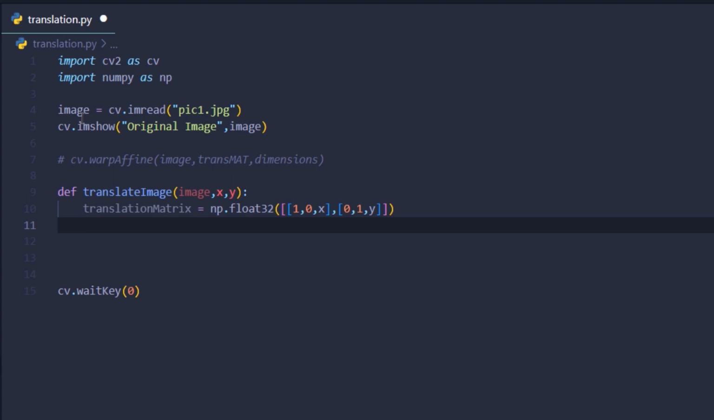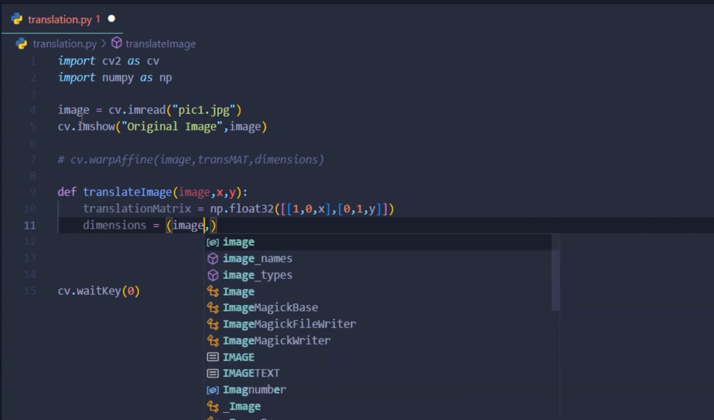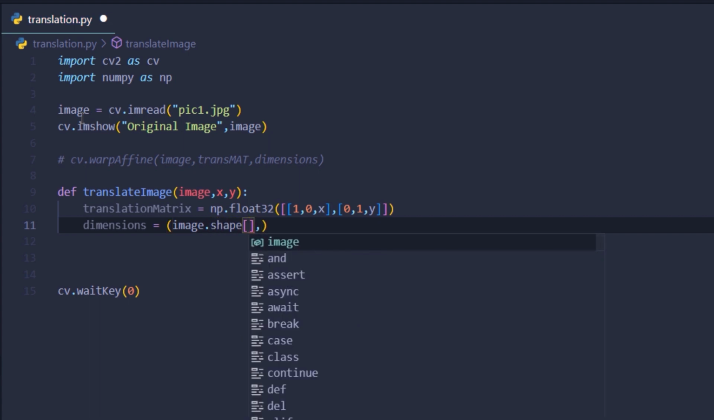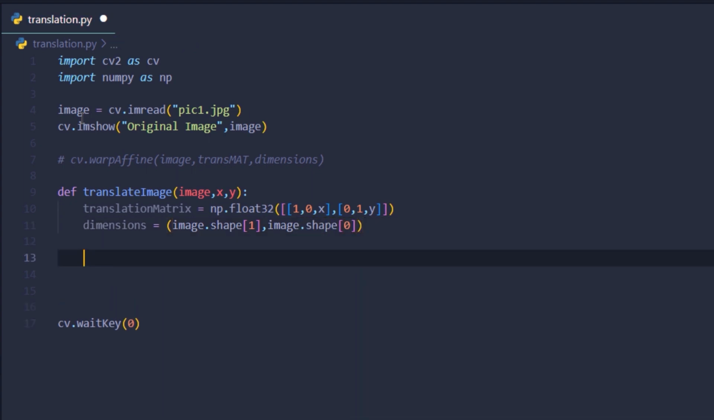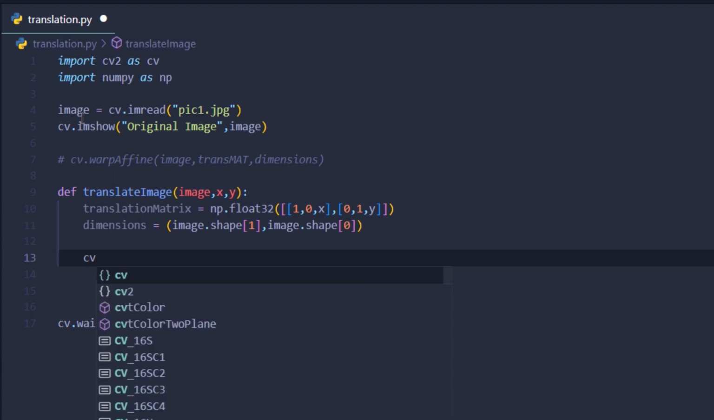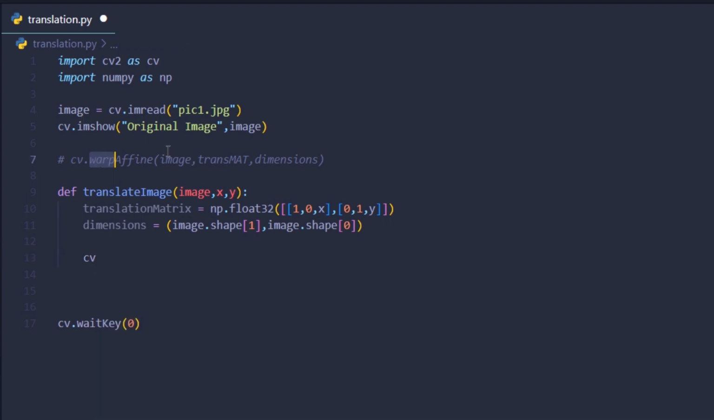Now, we want to get the dimensions of the image. So we are going to simply get dimensions, which is going to be a tuple of image.shape. First is going to be the width, so it's going to be at 1, and then it's going to be image.shape at 0 for the height. After that, we can simply return our function, which was this one. So we can type return